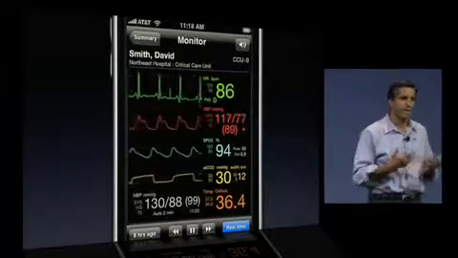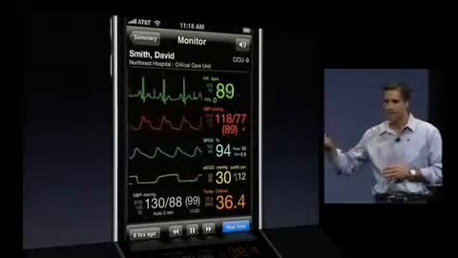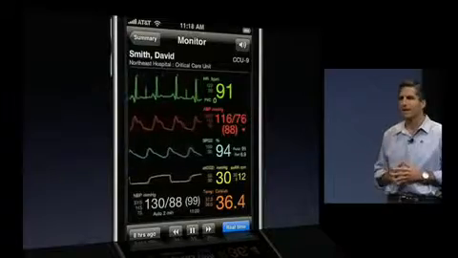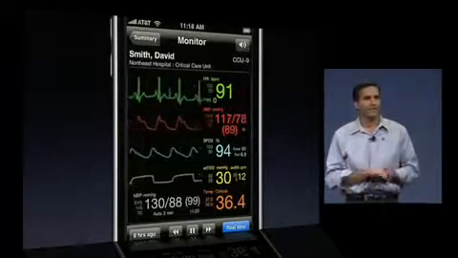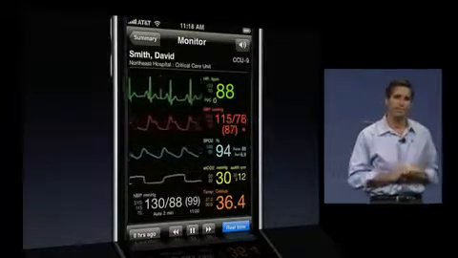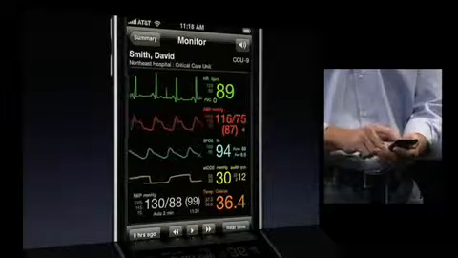But doctors like me can't be at the bedside 24/7, so we had to figure out ways to bring the data to the mobile physician anytime, anywhere, and we've now done that on the iPhone. Now, this is just like having a patient monitor in my hand, but you know what? It's even better. Because if I see a problem, I can tap to pause, I can scroll back over time